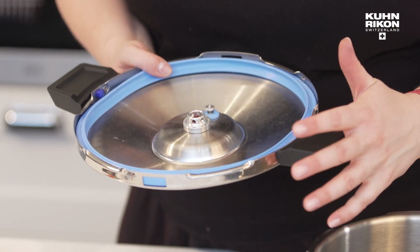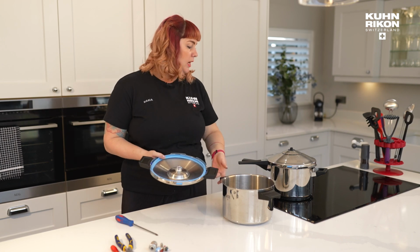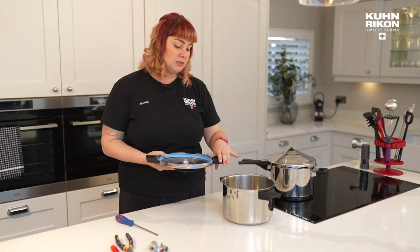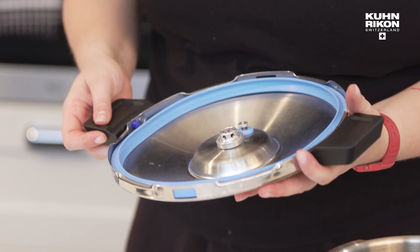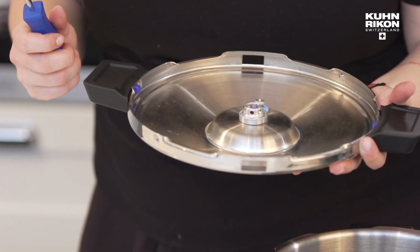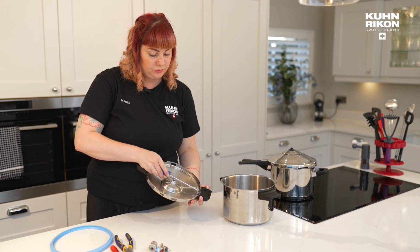Okay, so the final replacement parts that you can purchase and that you can replace would be the handles of the lid and the handles of the base. Previously, I'd been working on the inox to show you all the valve replacements. I'm just going to show you this on our Neo range, but it's very much the same story. For this, you're going to take your gasket out. You only need a screwdriver, and it is very straightforward in that you're just going to loosen the screws of